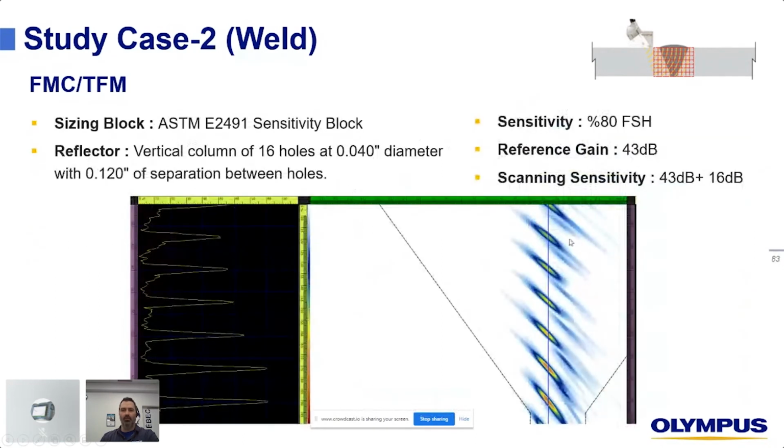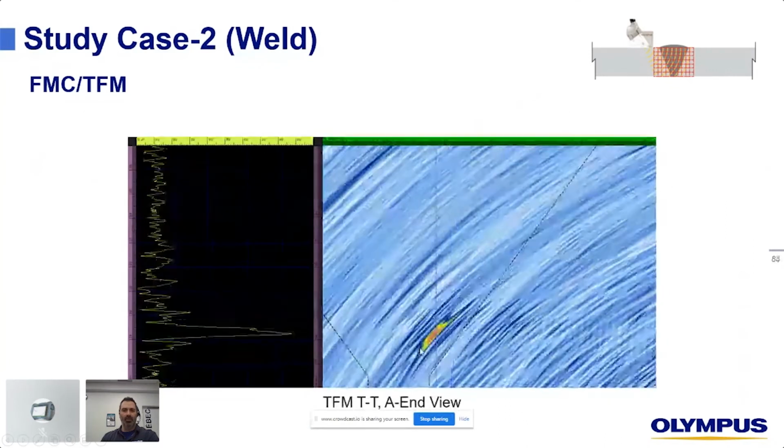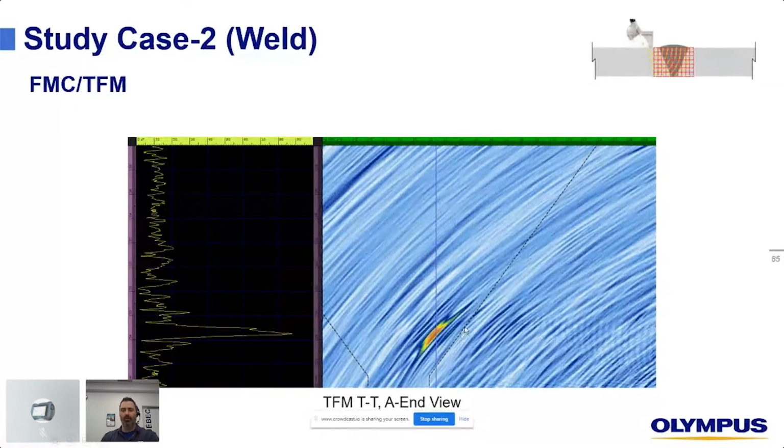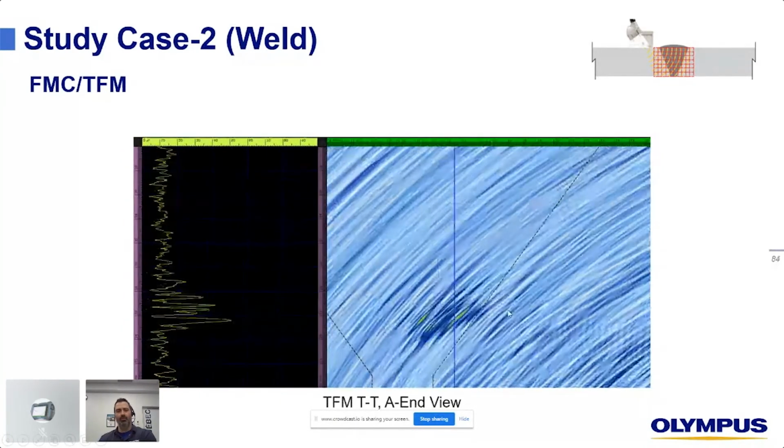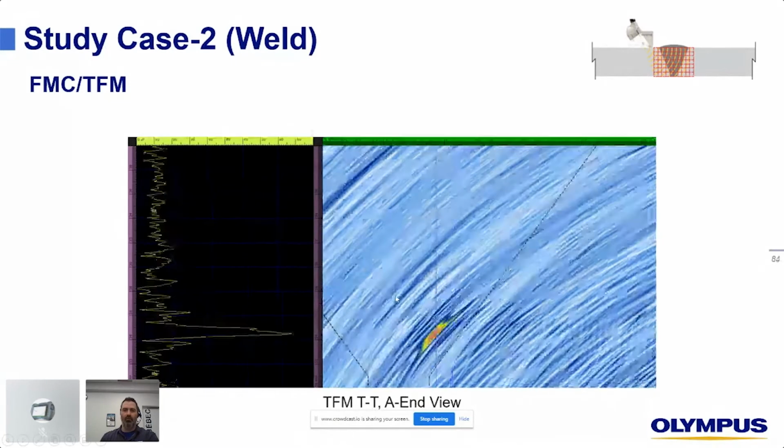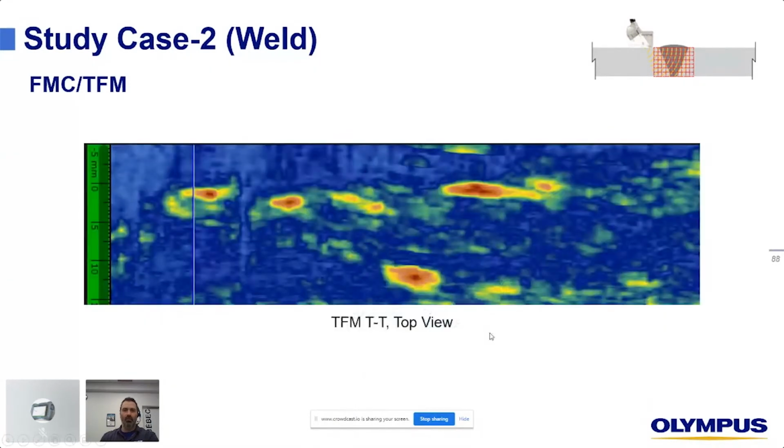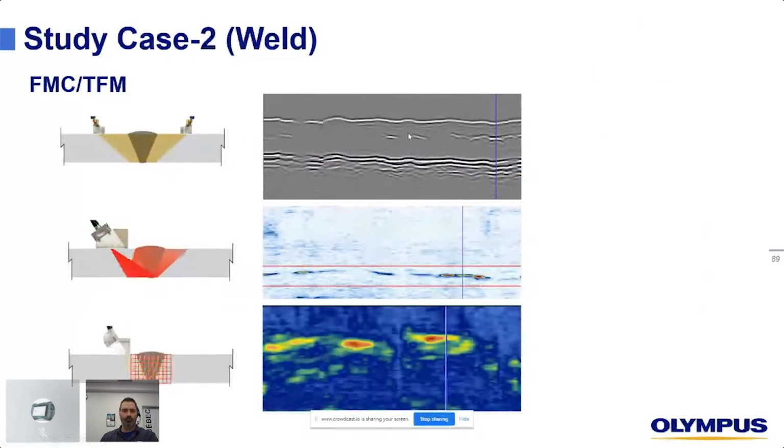Validating on the calibration block once again, then moving on to the inspection. Some visual or color filters can be applied to make this a little bit more obvious. But here is our trail of HTHA, like we saw with phased array. Confirmation with Tuft, validation with either phased array or TFM.